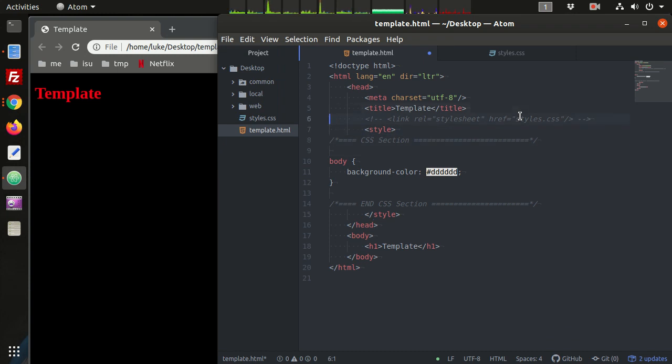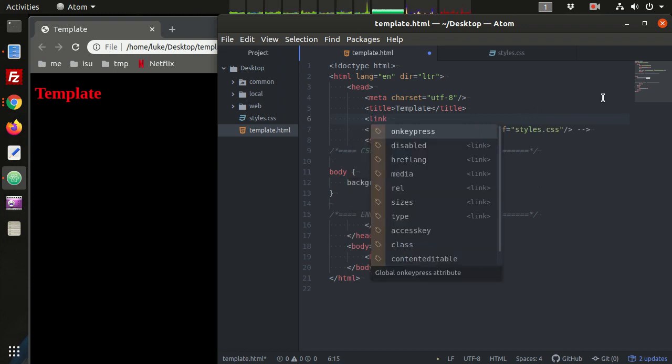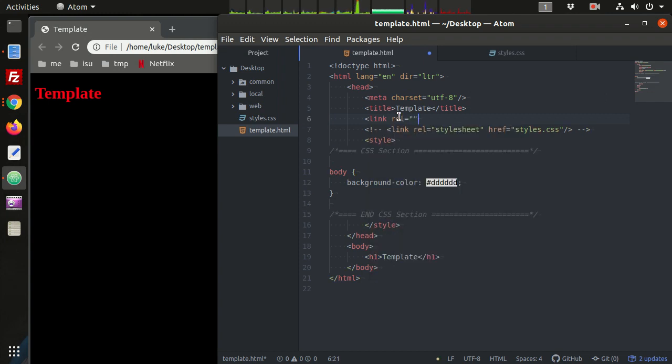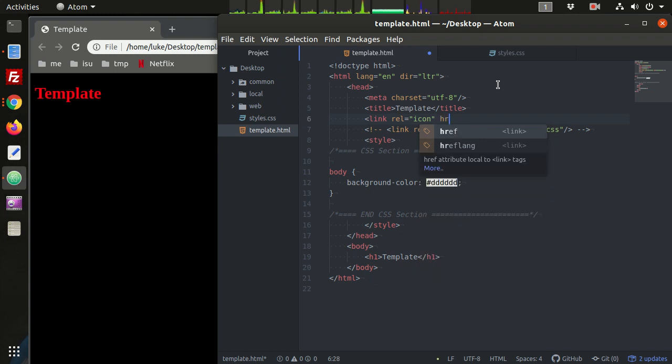All right, so speaking of the link tag, what we're going to add here is an icon. We see we have a little icon here. This is kind of the default icon for Google Chrome if you don't specify one. Well, we want to specify our own. So the relationship of what we're linking here is an icon, right? And then what we want to link is